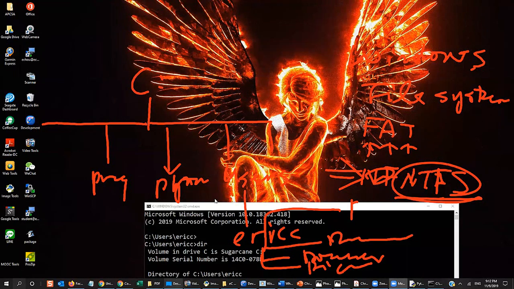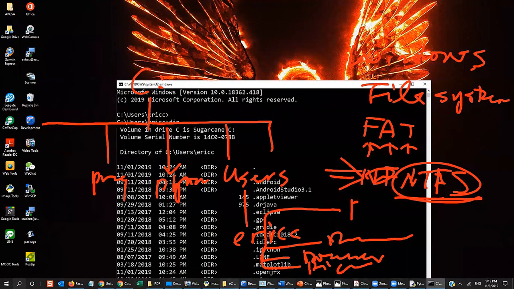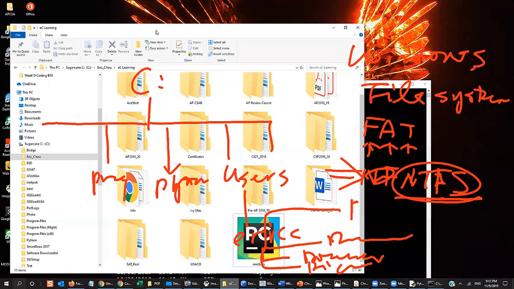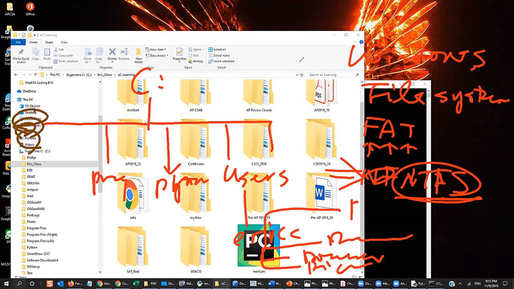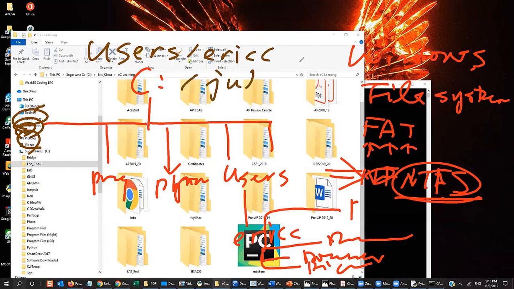That's what Microsoft developed in their Windows system. You see Documents, Downloads, Music, Pictures. They are all under the user Eric C. If here we have a Julia, say, and Julia is a separate user,